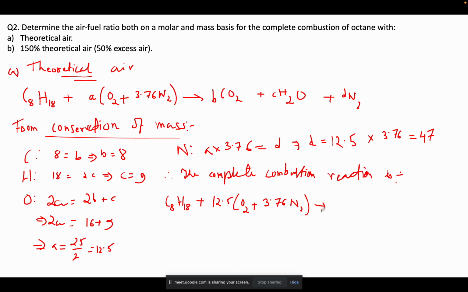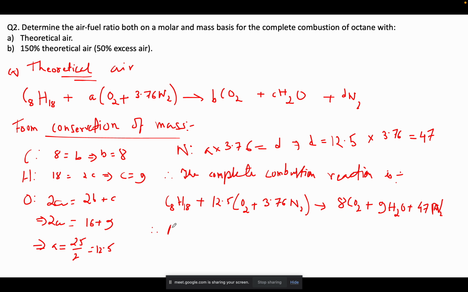Okay, and this will give you 8 CO2 plus 9 H2O plus 47 N2. Okay,